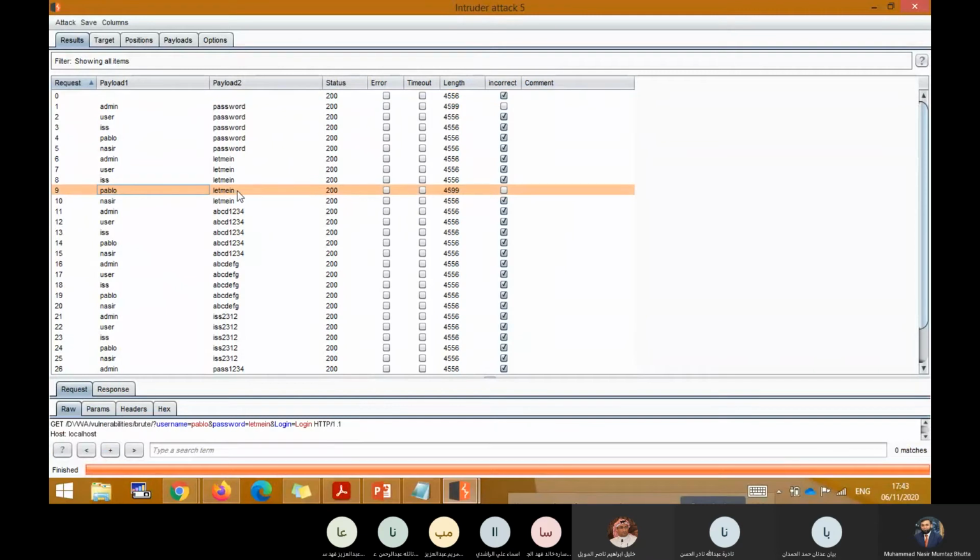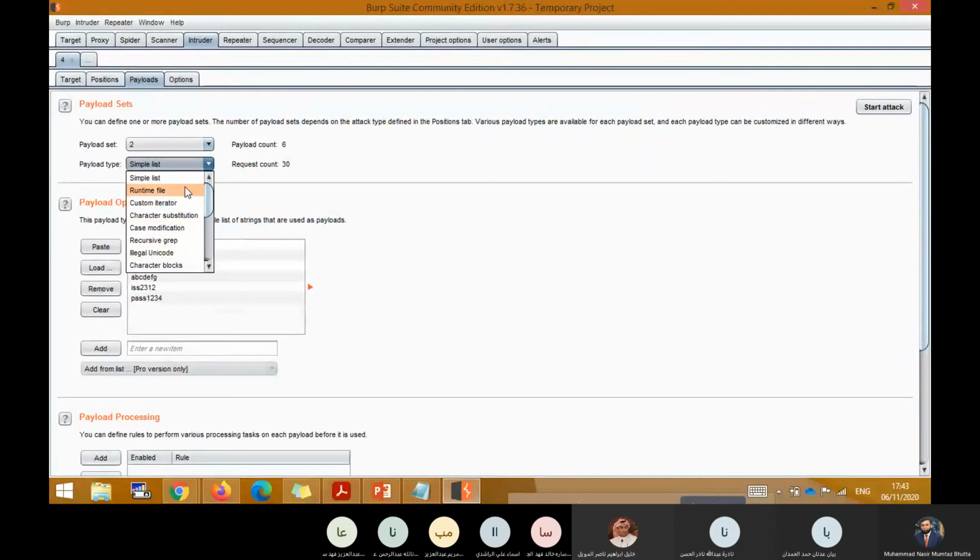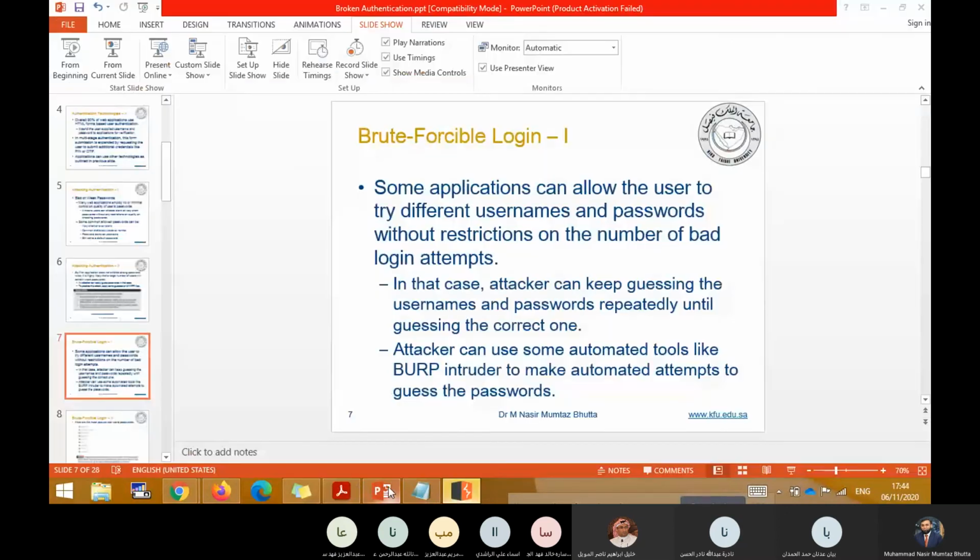Clear, students? Up to here, clear? Clear, doctor. Thank you. Okay, so yes, that's how you can see. There are also more advanced options where you can program. You can create a programmer like iterator, substitution, recursive grep, or brute forcer. But these are out of scope because we are just taking the basic lectures, basic class. But inshallah, I will tell you more variations in other situations. Okay, so this is how you can launch the attacks. Again, please don't try on any real website. This is a crime. Okay, so now you can see we have launched the brute force.